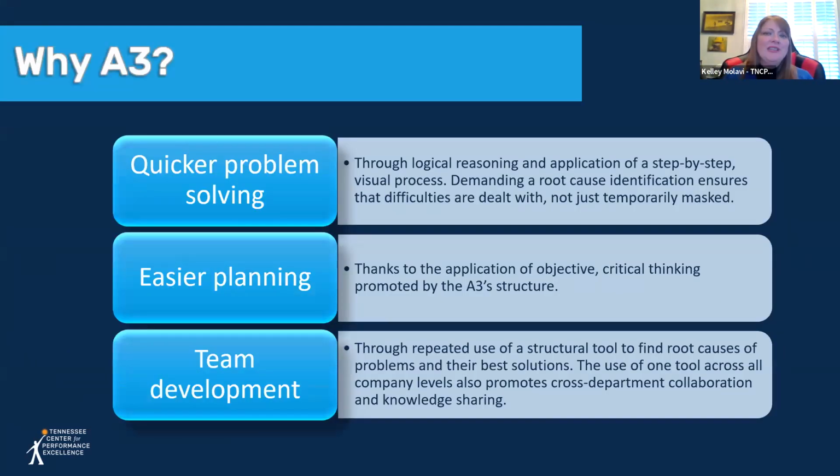So again, why do I use A3 and why do I recommend that you use A3? It's a much quicker problem-solving tool. We're really thinking through logical reasoning and application of a step-by-step approach to problem solving. We are demanding through this tool root cause identification. And for all of us who have been in the quality world for any number of years, we can tell you that getting to the true root cause of an issue will get rid of some of that bias that happens,